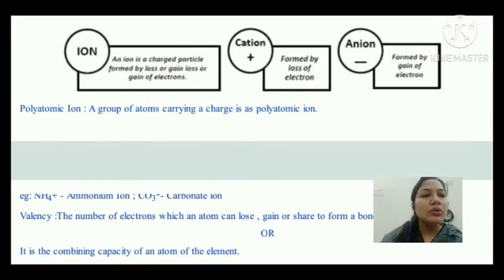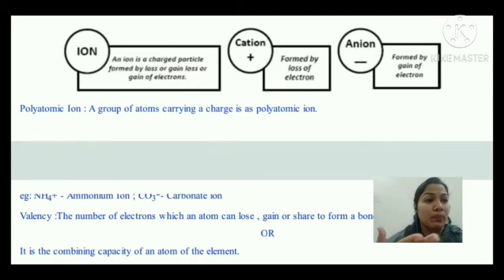If I am talking about oxygen, the oxygen atom just gained 2 electrons to become stable, that means O2 negative, yeah, O minus 2. In both ways you can write O minus 2. So when 2 or more atoms combine together to form an ion, जब दो से ज़्यादा एटम्स आपस में मिलते हैं, अलग तरह के एटम्स मिलते हैं आयंस बनाने के लिए, तो that is called a polyatomic ion.